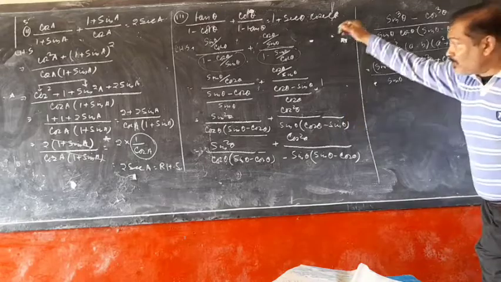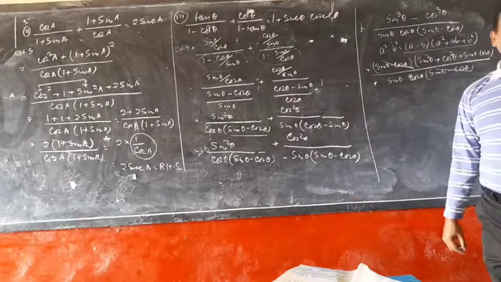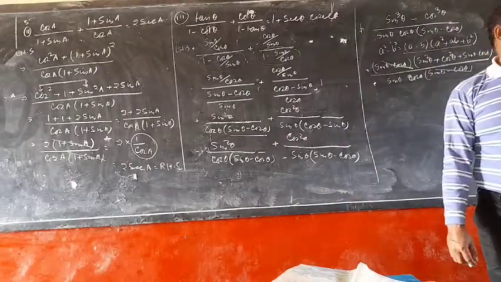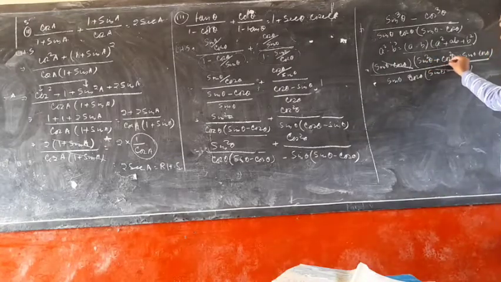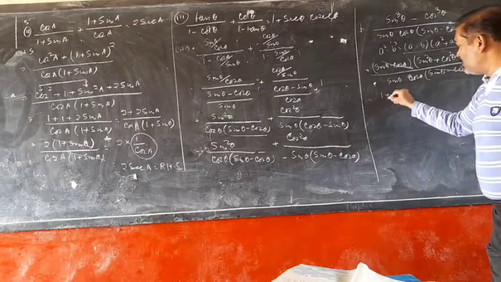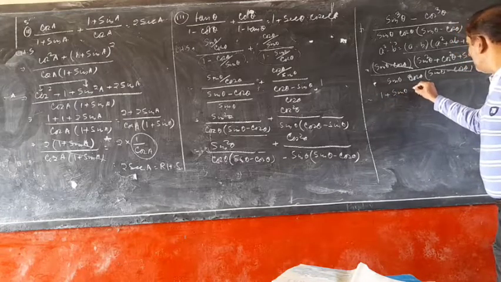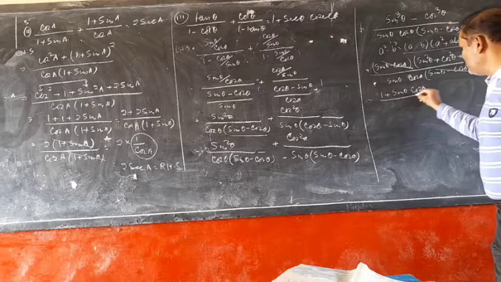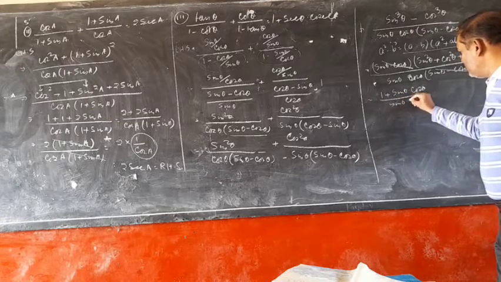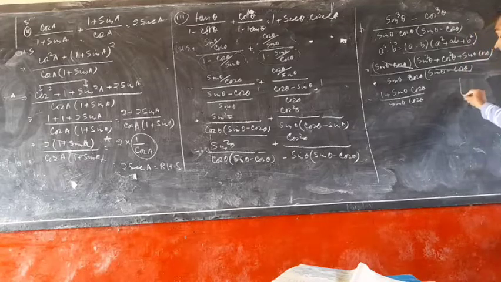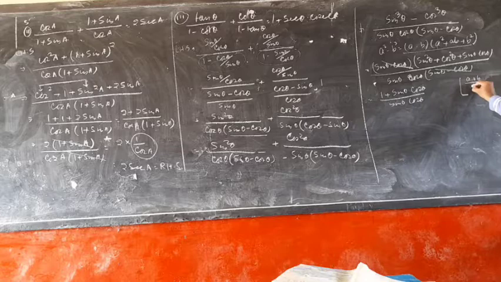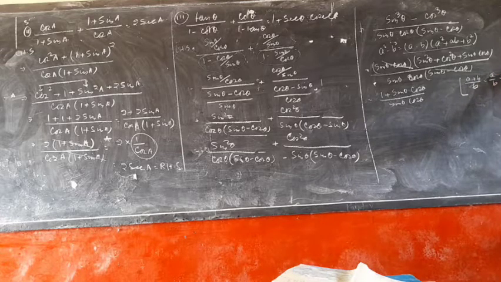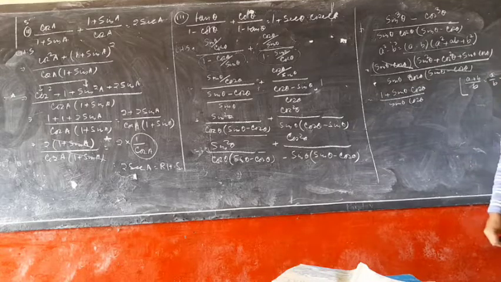Now after this many steps, I am using again the identity formula: sin square theta plus cos square theta is equal to 1. So this one will be replaced by 1. That is equal to 1 plus sin theta into cos theta upon sin theta into cos theta. Now one more hint that I would like to give you. Suppose I have given A plus B upon C. I can write A upon C plus B upon C. We can write like this, right?